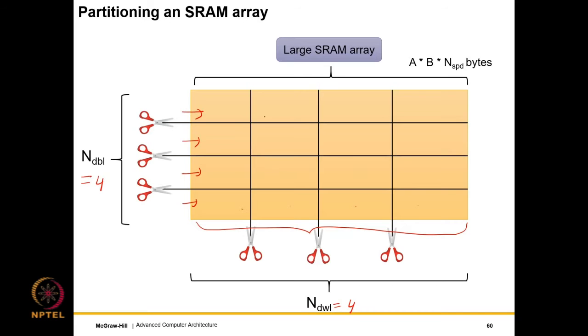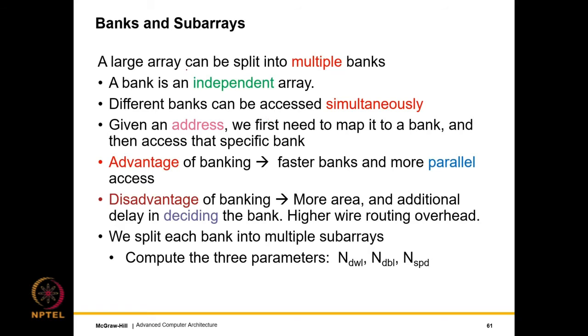So in the early versions of Cacti, each subarray used to have its own decoder, its own sense amplifier. It was a separate kind of a mini cache on its own, but this idea has changed, right? As we will see, current cache designs don't use this, so they don't use a two-level hierarchy. So current cache designs are smarter. So what they do is that they use a multi-level hierarchy.